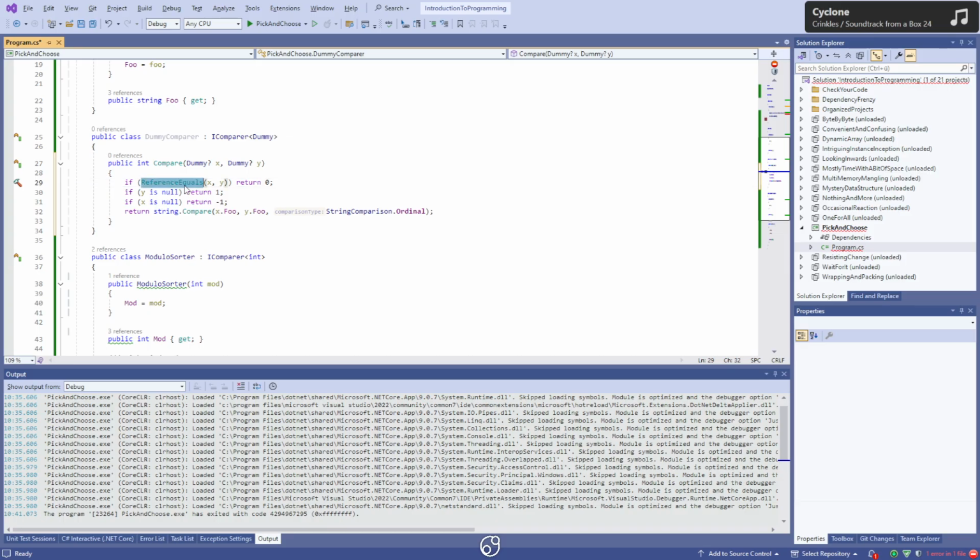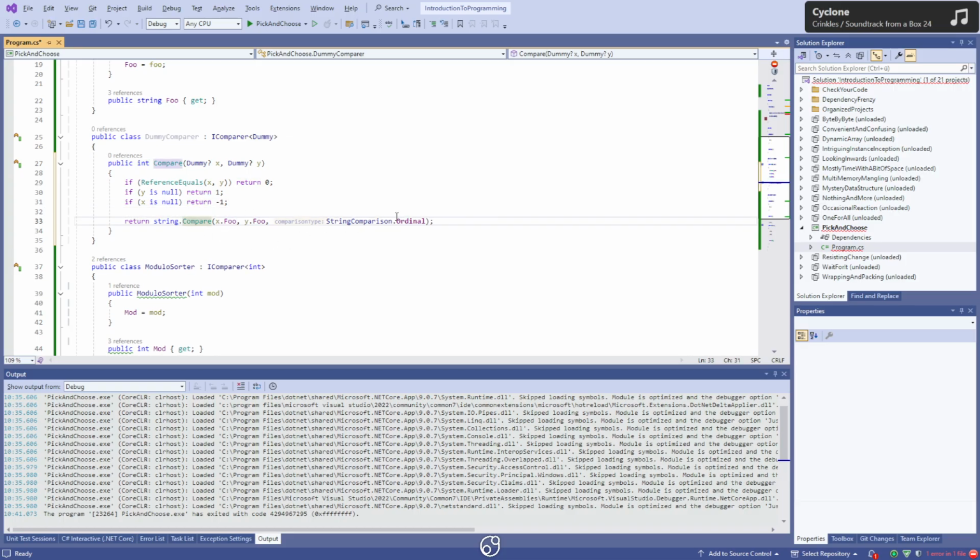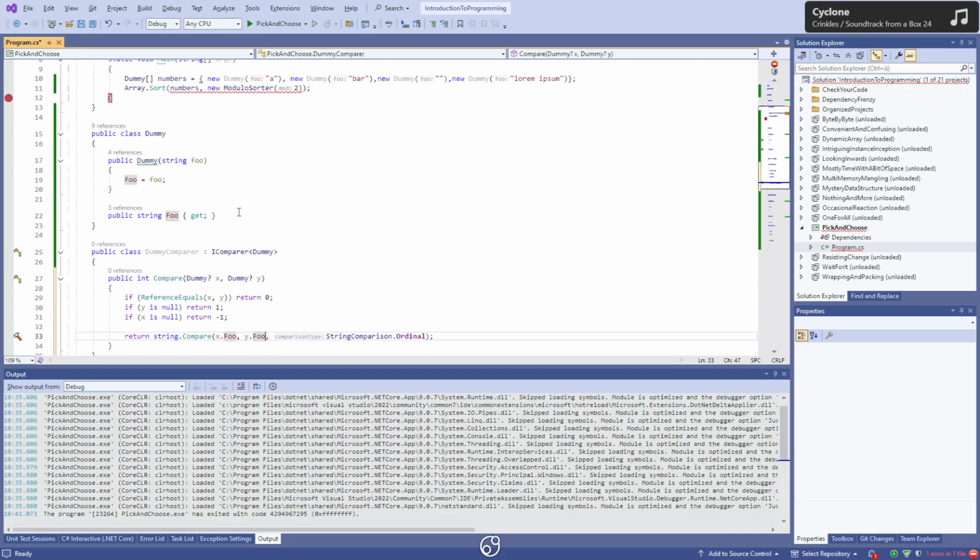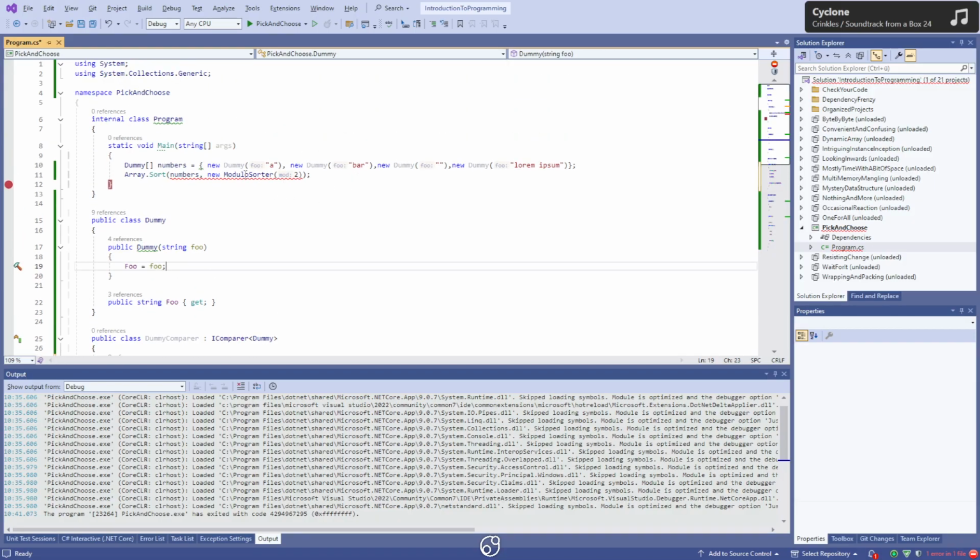So it's a safe way to compare if it's literally the same object. It doesn't really compare if they're the same logically, if they have the same values in a certain way. That's what we actually have to write in here. The string compare would be one way, just compares if they are the same string in here, but